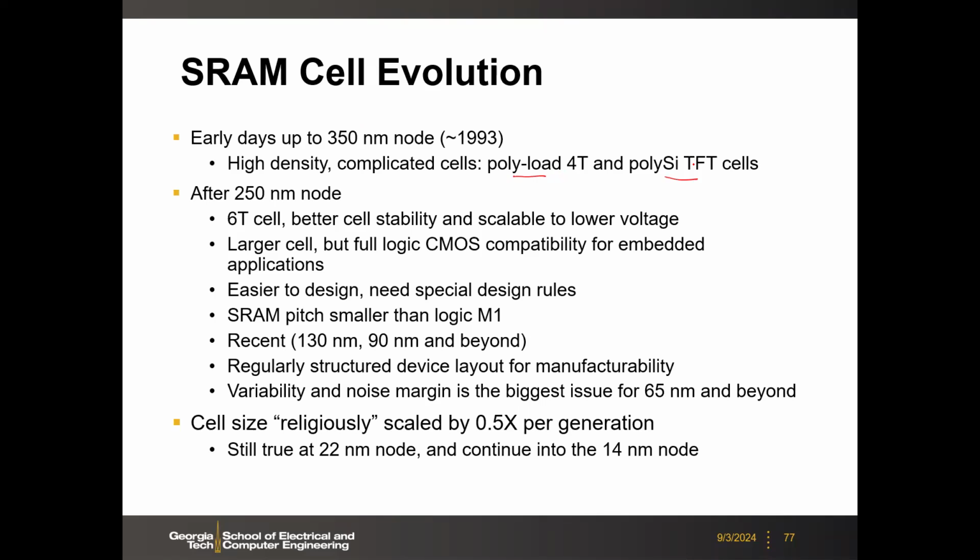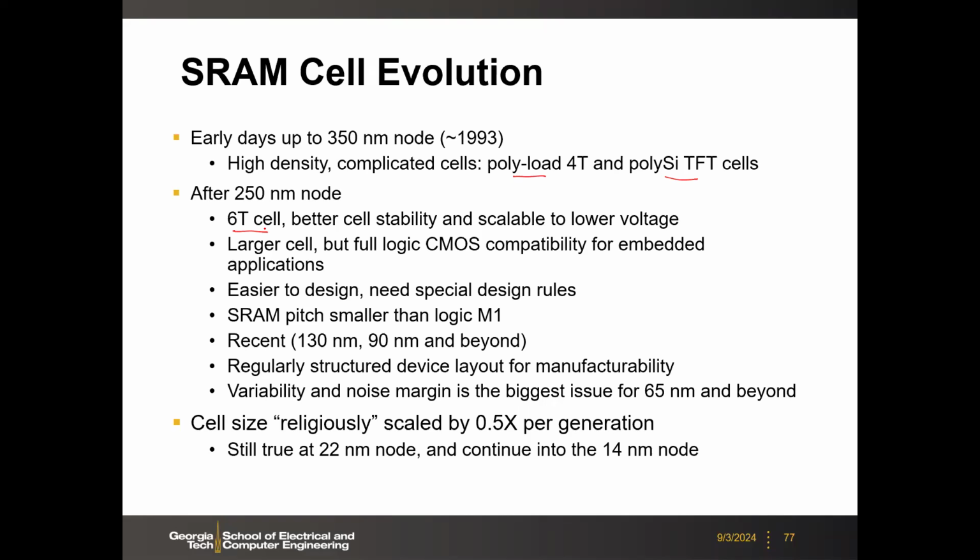I will show you what that means in the next slide. But below like 250 nanometer, 6 transistor SRAM becomes the mainstream. And there are many advantages doing that because it's fully CMOS logic. You have the rail-to-rail operation. And then we will show you the layout changes